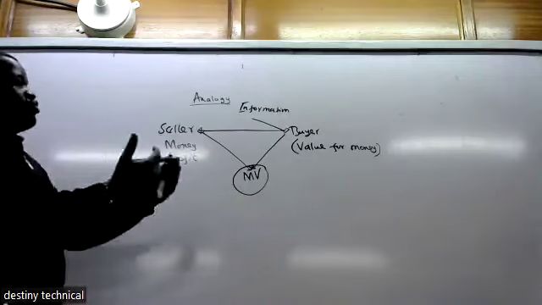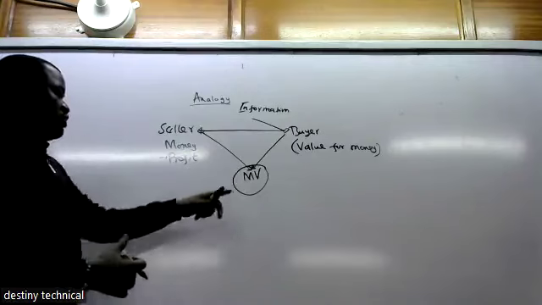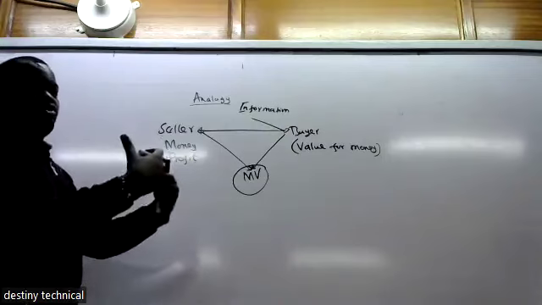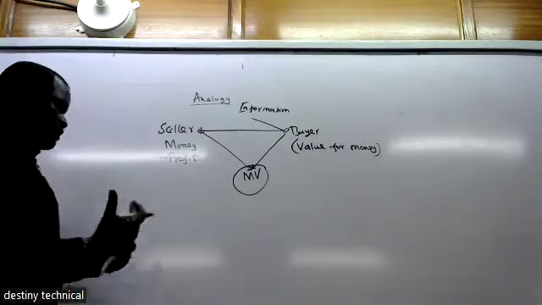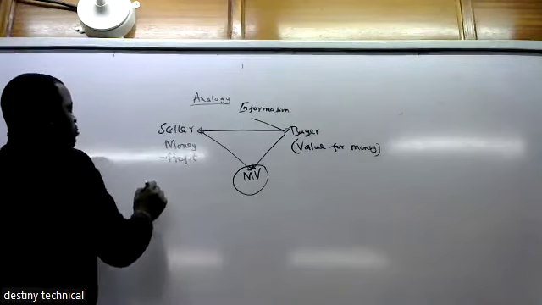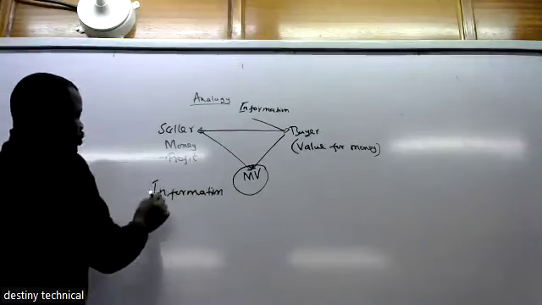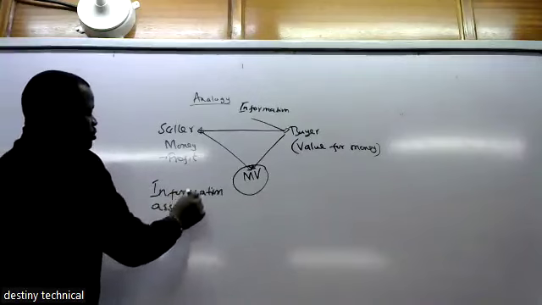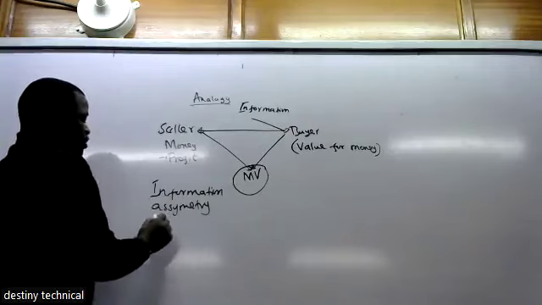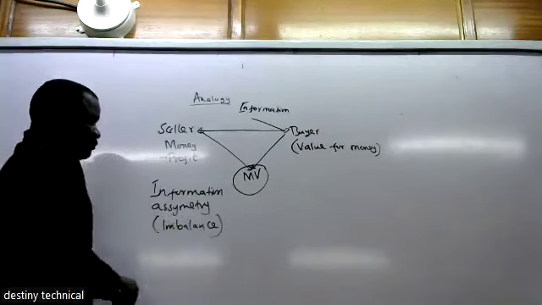This seller is in possession of this motor vehicle. He understands the condition and has an accurate evaluation of it. So if I find there is one party who has more information as compared to the other, that aspect where one person has more information than the other is information asymmetry. Information asymmetry, which we can also refer to as information imbalance.